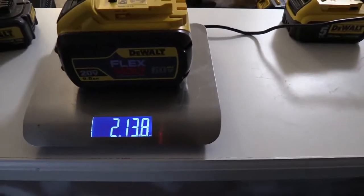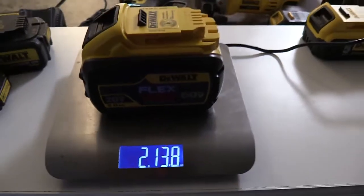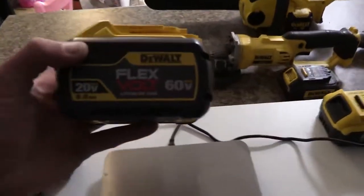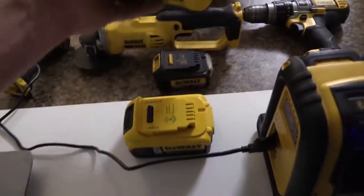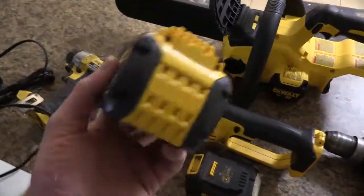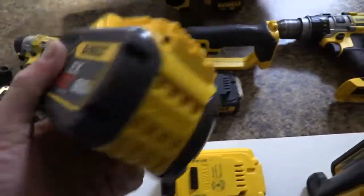2 pounds, 13.8 ounces. So as you can see, that battery's pretty heavy, but it lasts so long. I cut stuff for like 45 minutes with this chainsaw. It was still on 3 bars. So I was super impressed by this battery, and